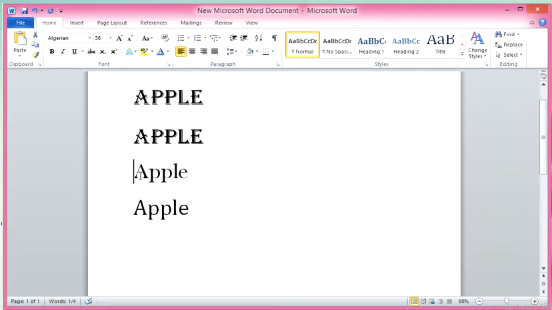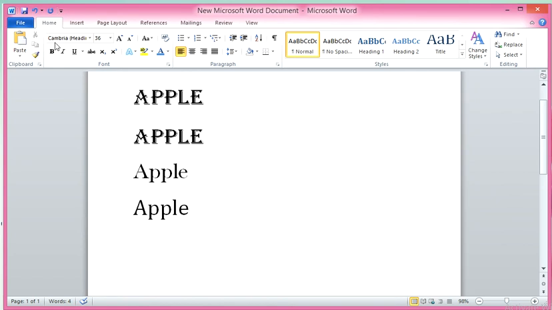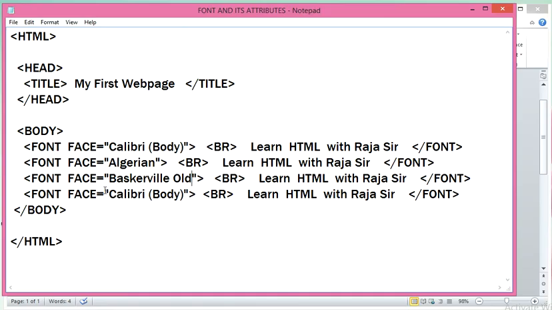In the third line I am going to copy this format and paste it here, and at the last it was Cambria, so just select it, copy it and paste it in your coding. Student, few changes: Calibri, Algerian, and the rest.